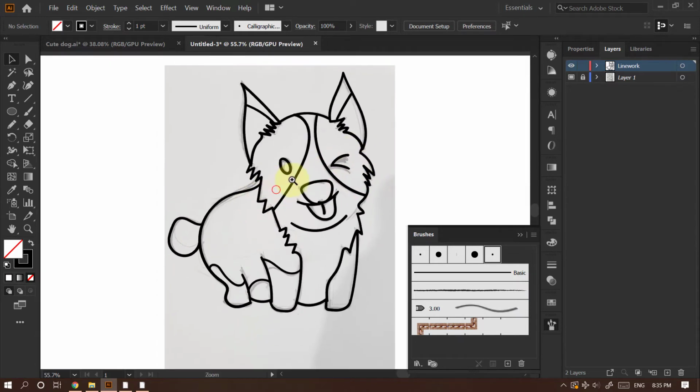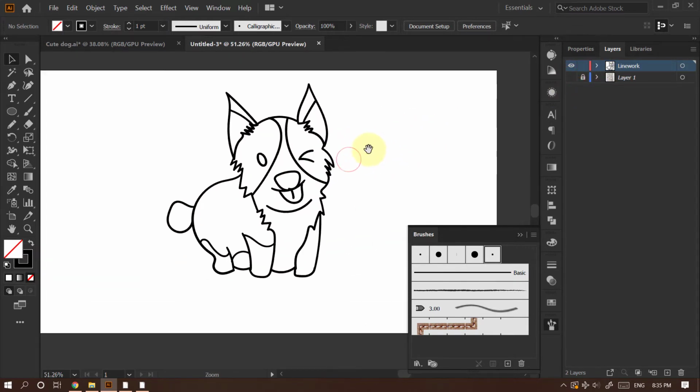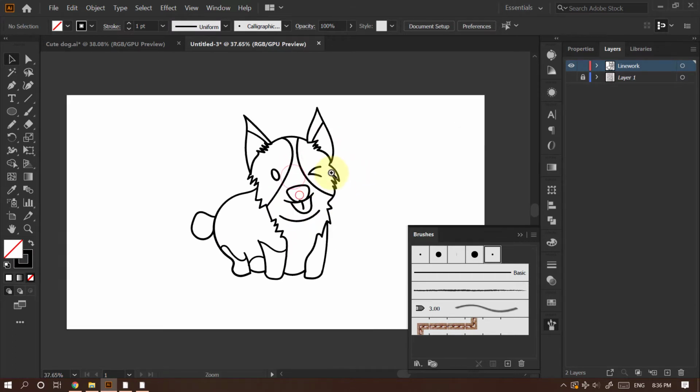Now when our line work is completed, we can go ahead and hide our sketch layer. So if you find that you have perfectly drawn what you wanted, then you can go forward.